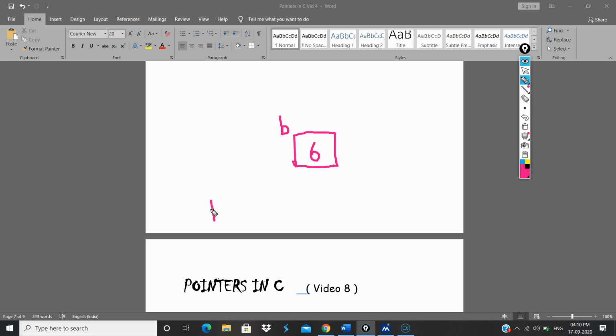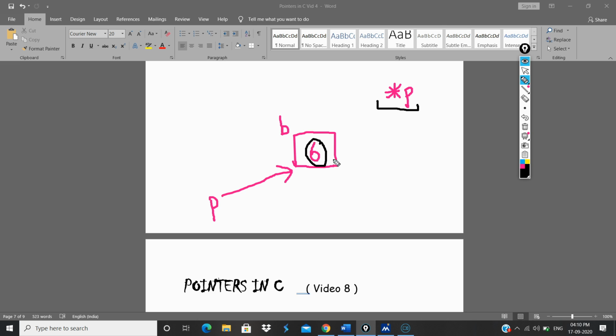If I have a pointer p, and p is pointing to this particular location, then if I write in a printf statement star of p, it will take the value present in this box and print it for us.